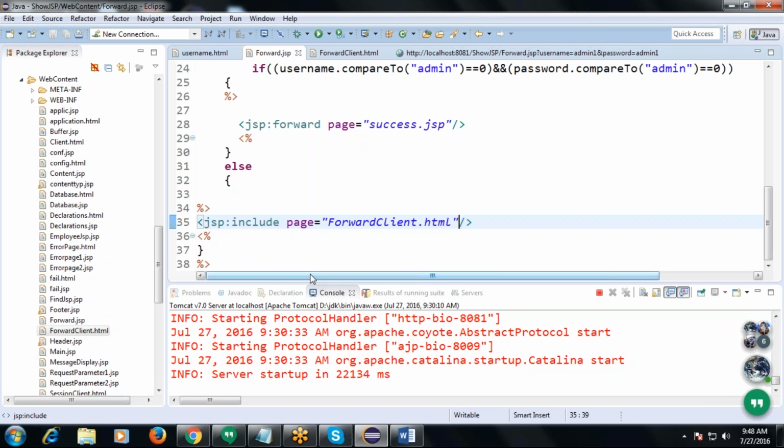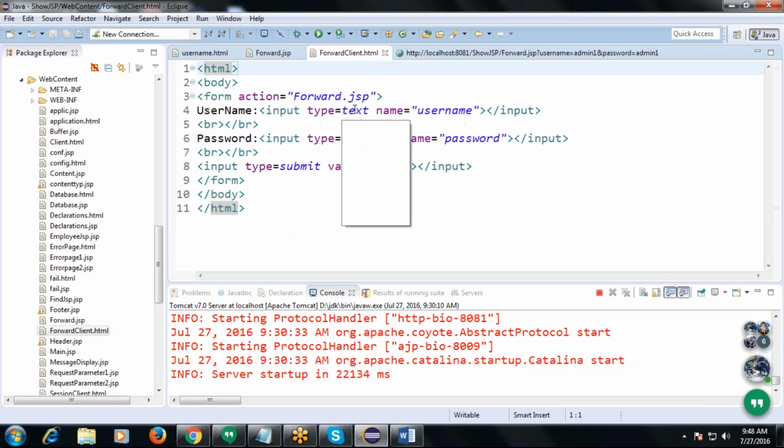Can you open up forward client.html? What message does it have? This one. Okay, that means it is showing the same page again, right? That's what I'm trying to understand.